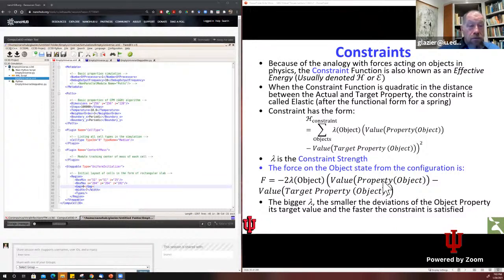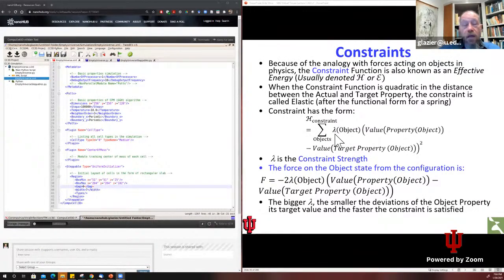And so in CompuCell, and again, the math we don't have to worry about too much, but I'm going to show it for the people who know the math or the physics. Almost everything we do is going to be written in the form of a constraint. And we'll use this curly H, it's another physicist's convention for the effective energy. And for each property or behavior that we want the cell to have, and there'll be some exceptions and I'll tell you about them, we write a sum over the cells